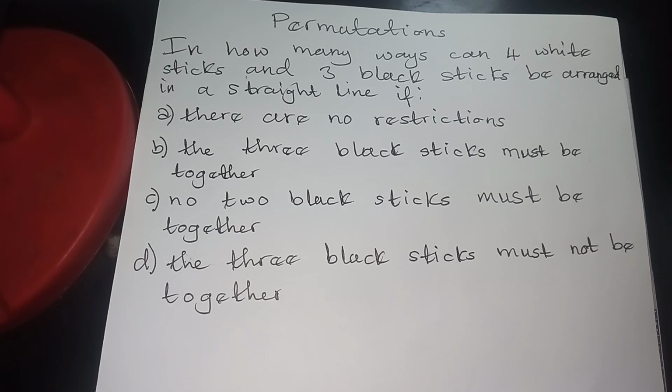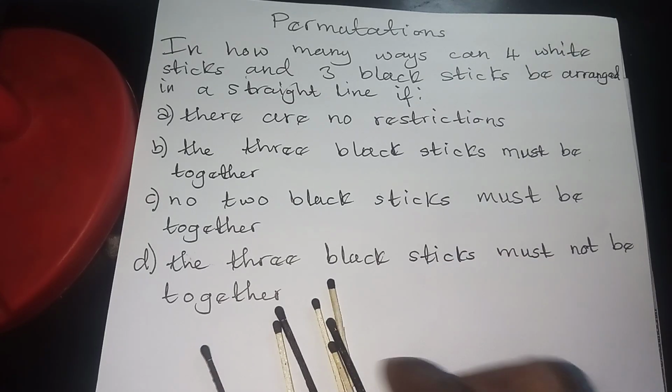So we have permutations, one of the most practical topics in additional mathematics. So let's quickly look at these four different questions. In how many ways can four white sticks and three black sticks be arranged in a straight line if there are no restrictions? So if you have no restrictions, and then you have